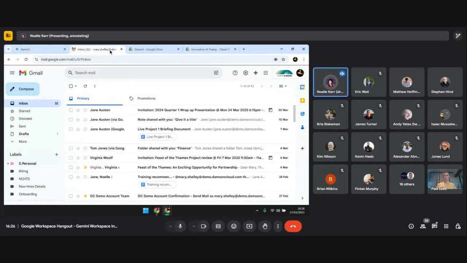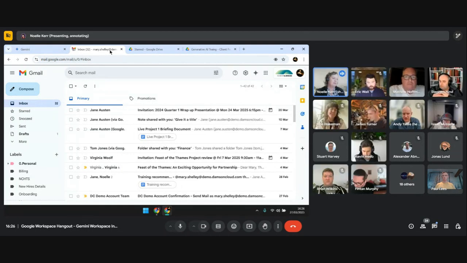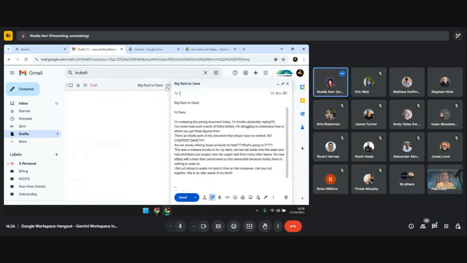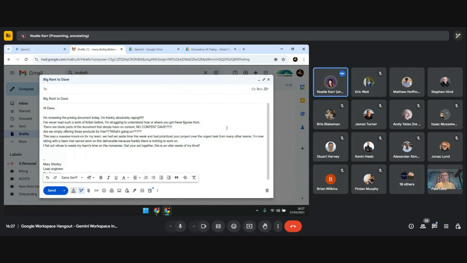The first thing I like to show for people, we're not going to be able to look at everything across the board of the applications, but we'll show you some of the nice little pieces we like to show people. The first up is the ability to work on drafts inside of your Gmail. This is one of my favorite examples I like to use. And this is how we can take some work that we've done, refine it, and make it ready for sending out.